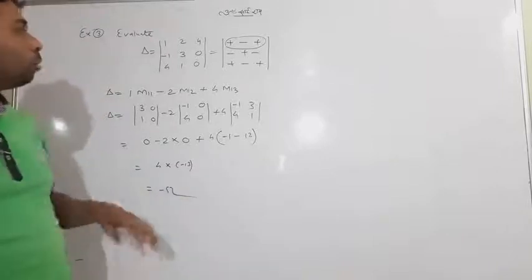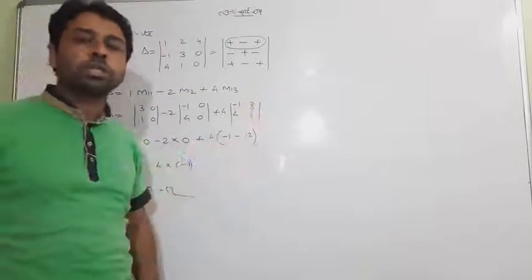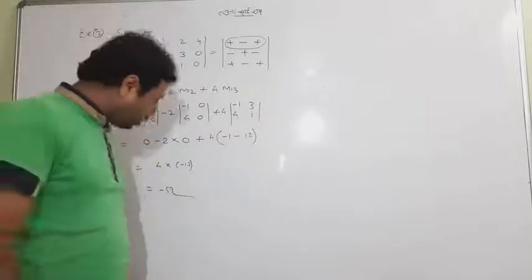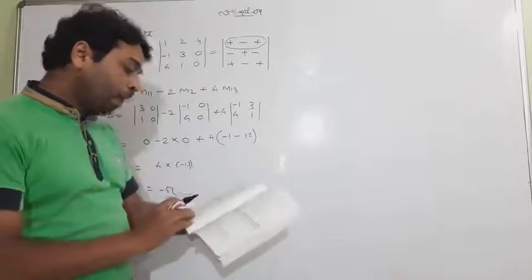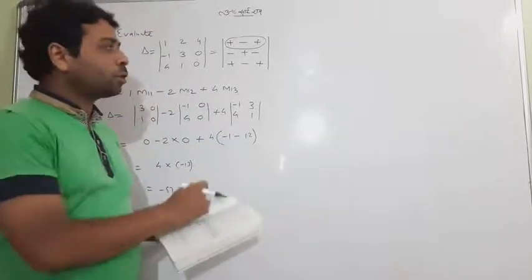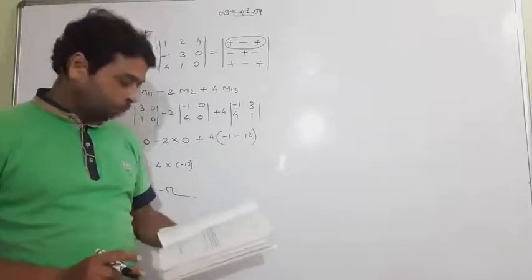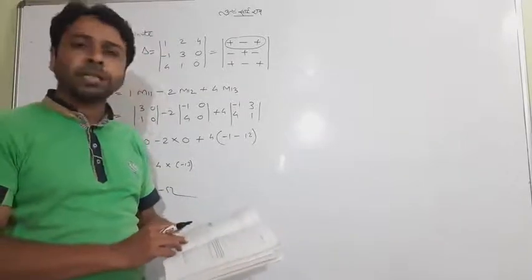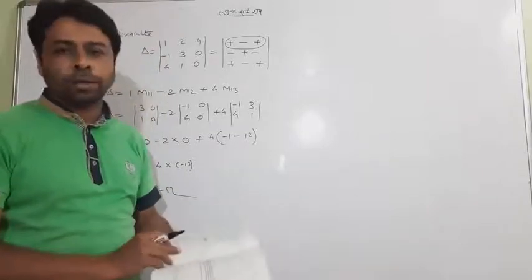So I hope students you got it, with the help of minor along the first row. Always use it whenever nothing special is stated. So student, it's good enough. I think time has passed. Do try exercise 4.1 on the basis of 3 by 3 expansion and 2 by 2 expansion. I think you can make it. Tomorrow we'll have some questions of exercise 4.1. It has 8 questions. Do try. Thank you.